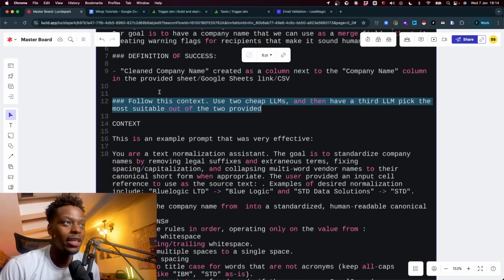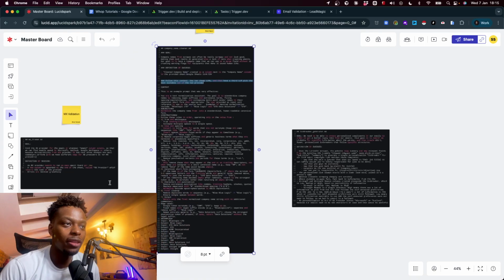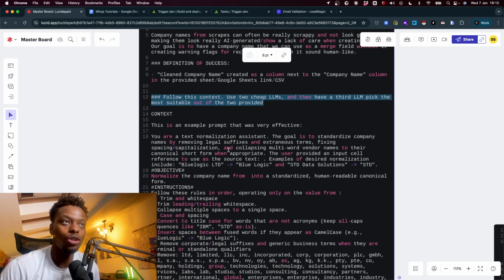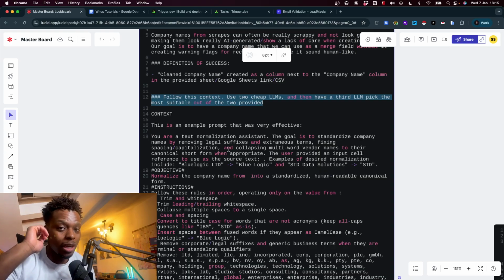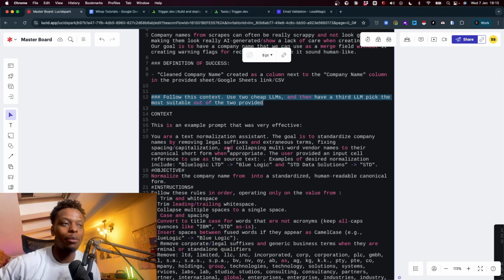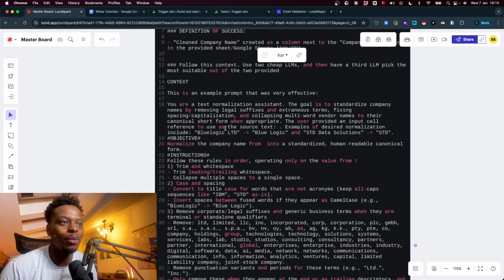And this is another thing that I normally wouldn't do if I don't double check the thing rigorously, but I was looking for the old prompt that I would use whenever it came to cleaning company names, because it's very easy to miss a lot of stuff, and AI is getting better with it. But there's been so many times where I've sent an email saying, hey, saw that you worked with Ajexa Intelligence Inc. Corporation.ibm. It's like, bro, get rid of all of the stuff before Ajexa and you're fine, or after Ajexa and you're fine. So I was looking for the one that was basically allowing me to do that,